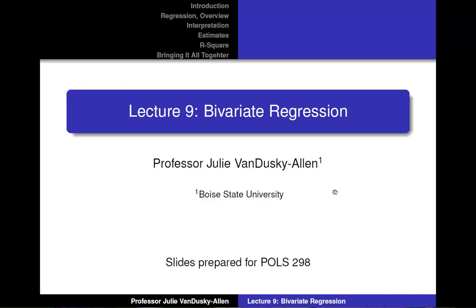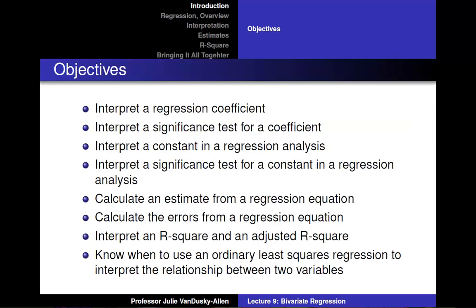This is Lecture 9, Bivariate Regression. By the end of this lecture, you should be able to interpret a regression coefficient, interpret a significance test for a coefficient, interpret a constant in a regression analysis, interpret a significance test for a constant in a regression analysis,